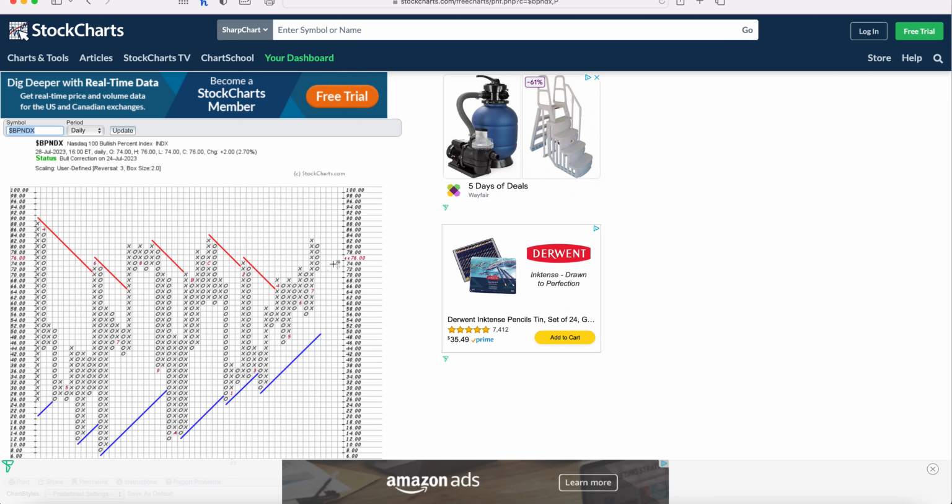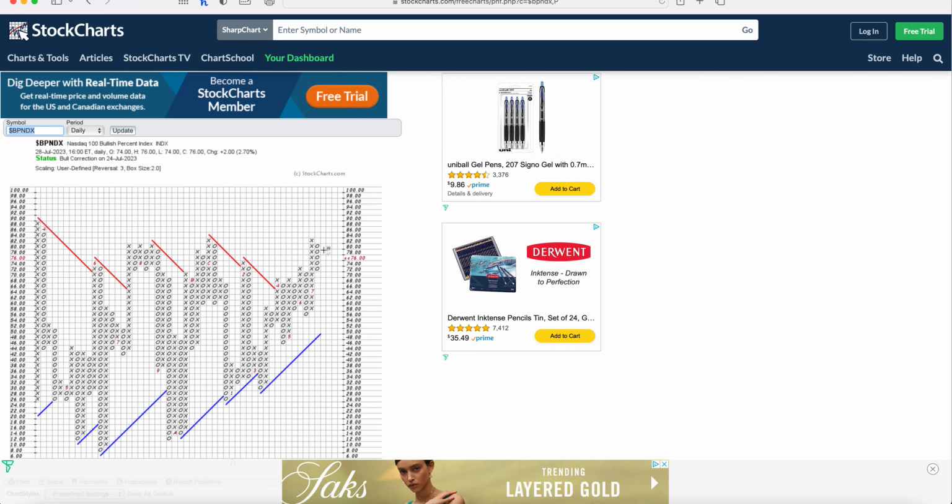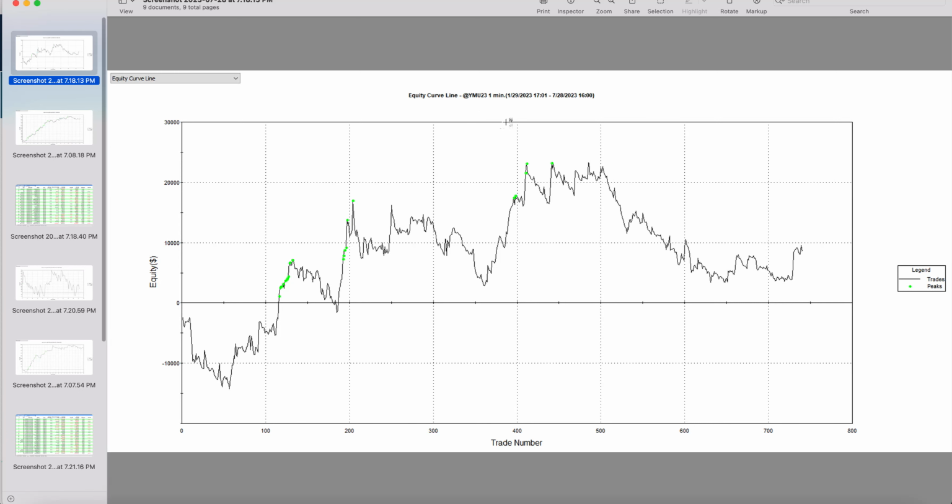We really need to get past the 80 mark again to put in a new column of X's, I should say. All right, and then last but not least is our automated trading systems, and let's start with the Dow. So these are futures contracts, and this is the results of our trading for